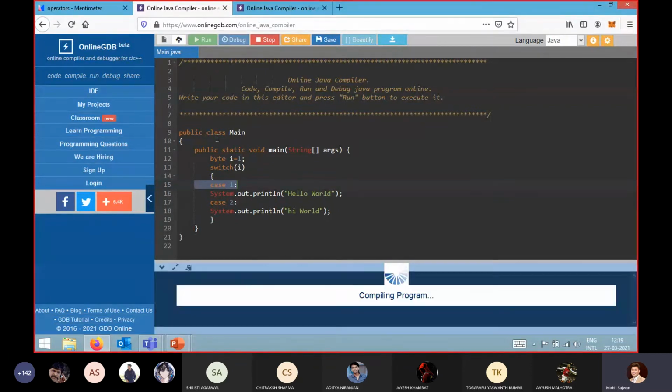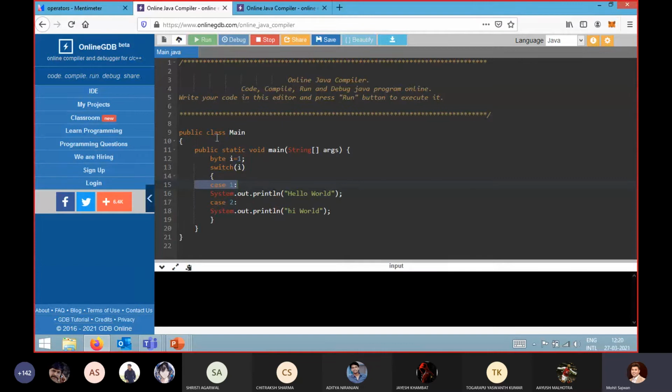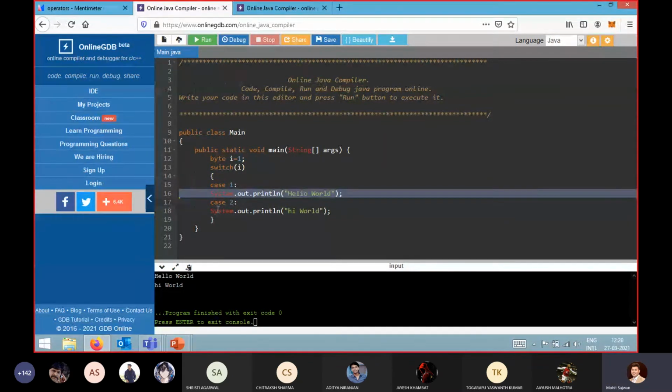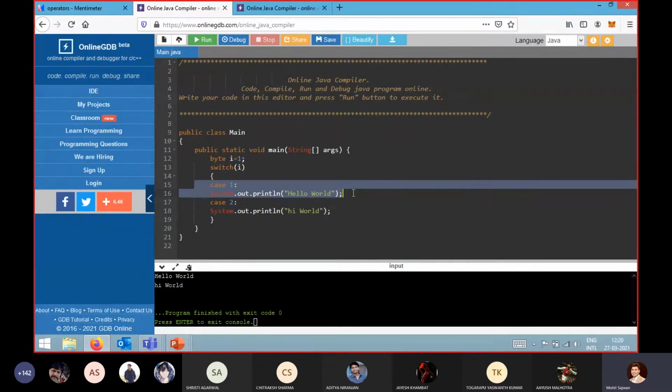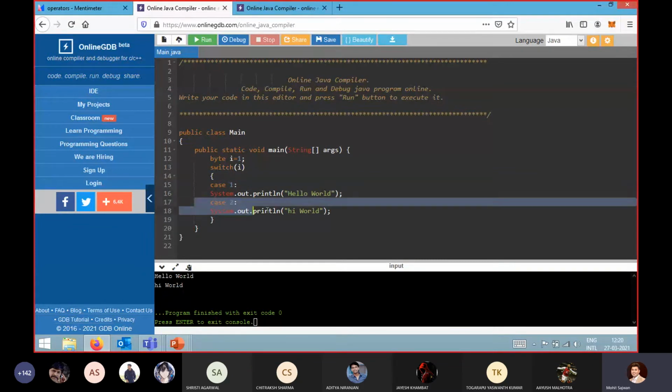Now if I execute this code, let's see what output I will get. The output I am getting here is hello world and hi world. See, I am getting two outputs. Why am I getting these two? It is satisfying only one case, so why are we able to execute case 2 too?